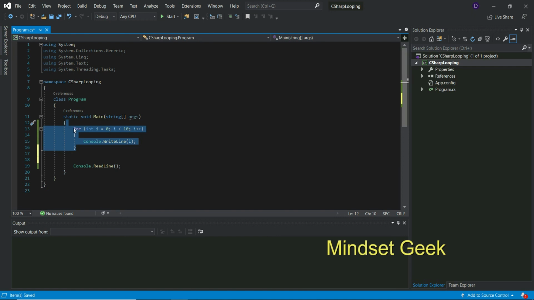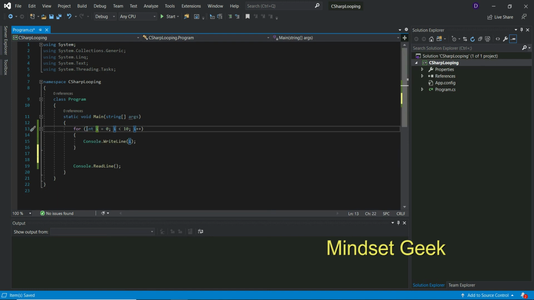Actually, in practical projects we can't often use this for loop, because we don't know how many iterations. For that type of example we use a foreach loop or while loop, mostly foreach in practical scenarios. But in this part you are learning programming, so we use the for loop.